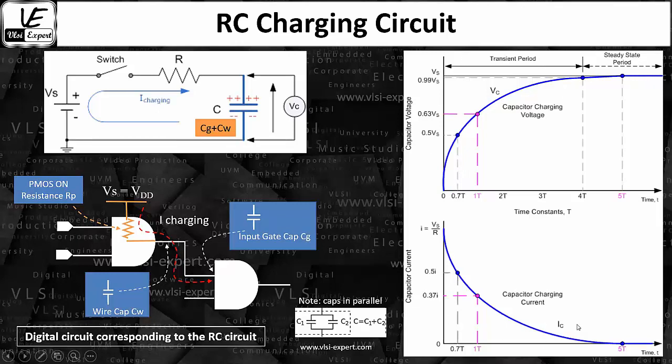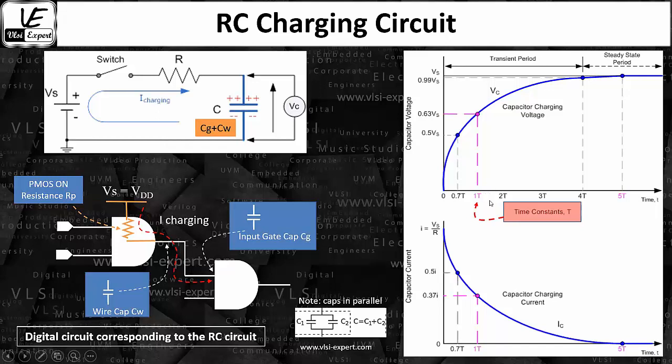Now here the important thing is the time constant. I'm sure all of you know the time constant. The time constant in this particular circuit is tau equals RC. Everyone knows this part, that tau equals RC. But in this particular graph, if I ask you, okay, where is basically the tau? What is a tau? This is the time constant. What is the time constant? So it is basically this 1t.